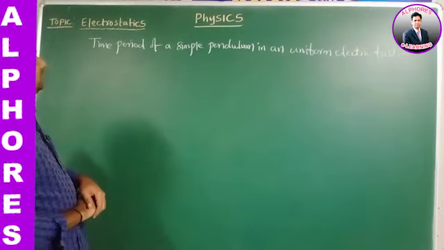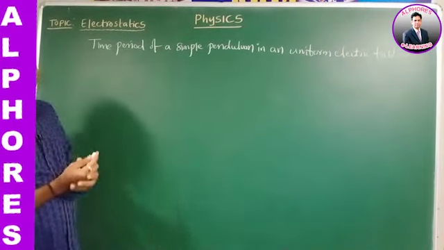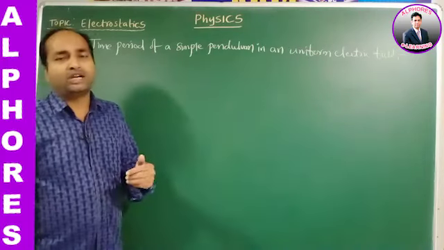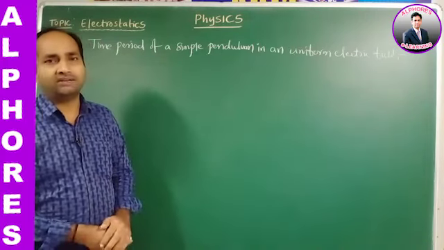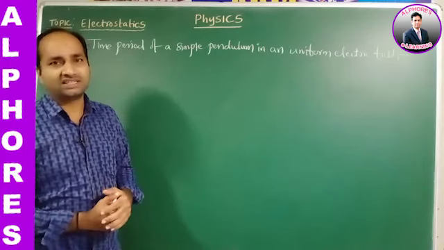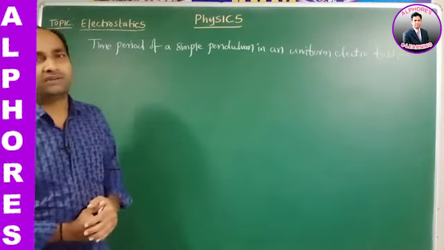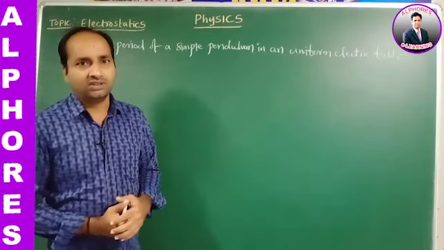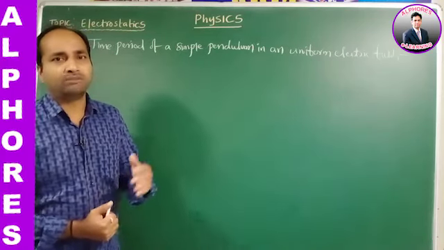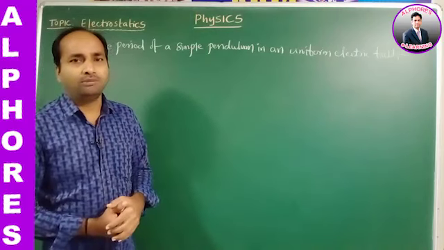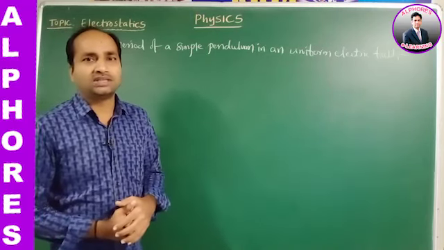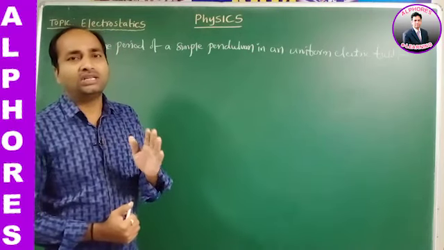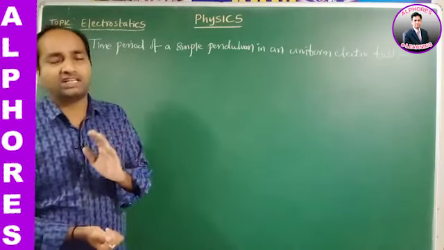Let us see in general, if we consider a simple pendulum of length L which is made to oscillate in a gravitational field where the acceleration due to gravity is g, what is the time period? We may write T is equal to 2 pi under root of L by g. We know that, which is already completed in the first year portion. Here only the acceleration due to gravity is present.